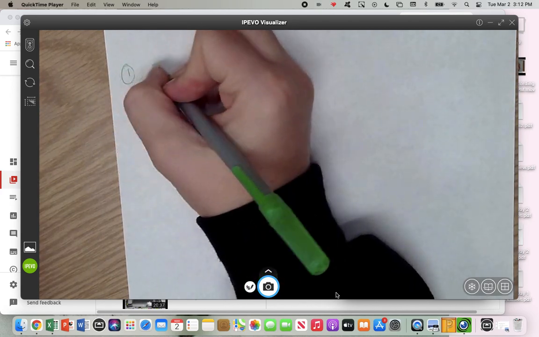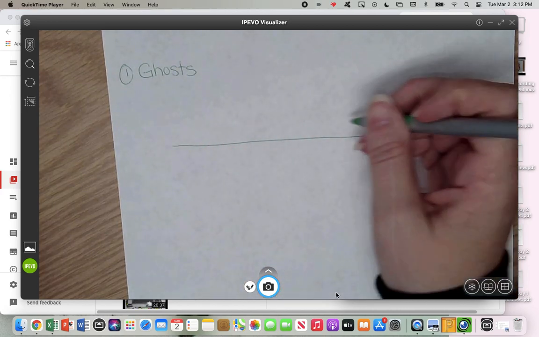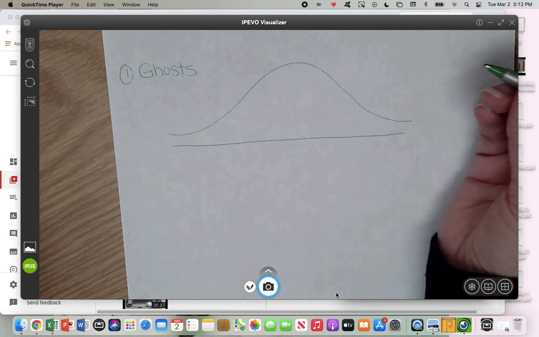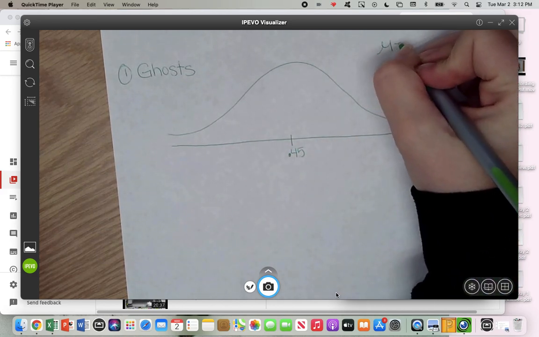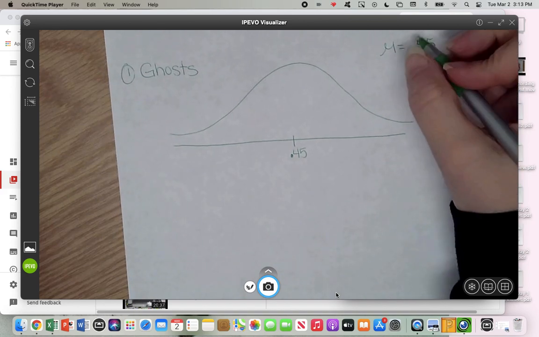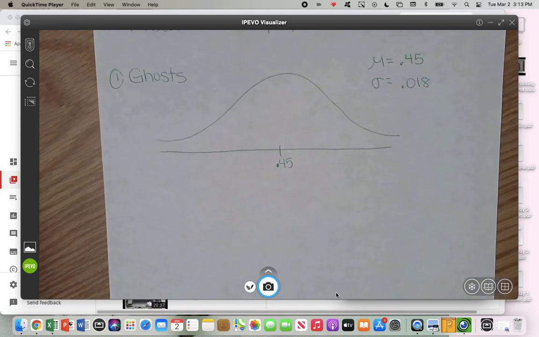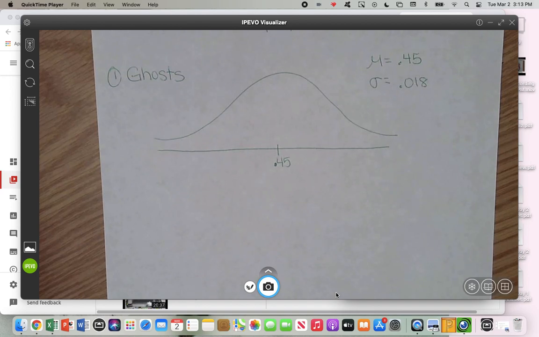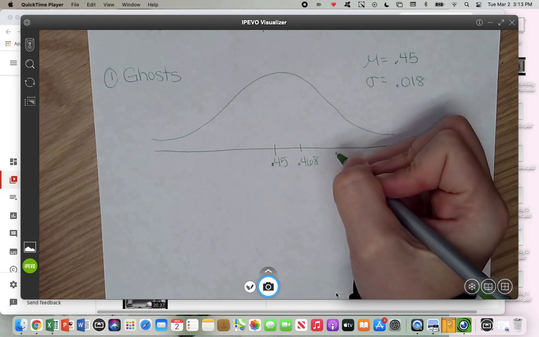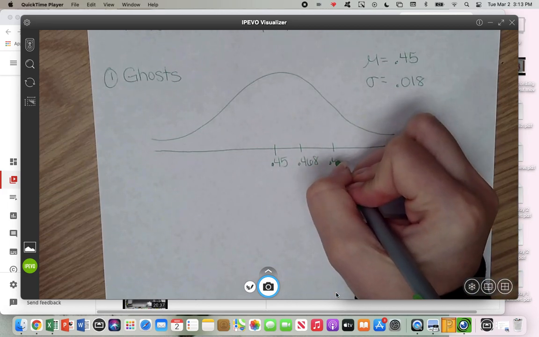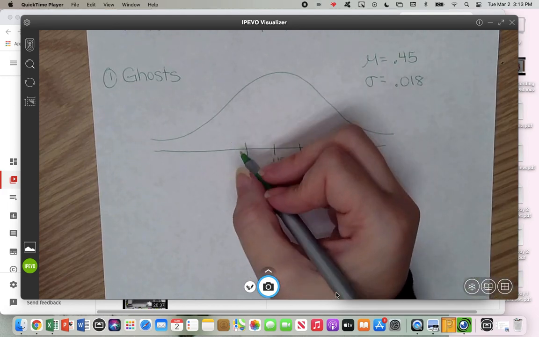So I actually want you guys to go find in your notes the probability model that we created with the ghost. So we're going to look at that ghost example from yesterday, and you guys already told me what the mean and the standard deviation was. You told me the mean was 0.45. That was the probability of success of someone believing in ghosts. And you guys also told me the standard deviation was 0.018. And so on this one, we just continue to add to our chart. So one standard deviation goes up to 0.468, then we get 0.486, and then we get 0.504, and then on the other end it was 0.432